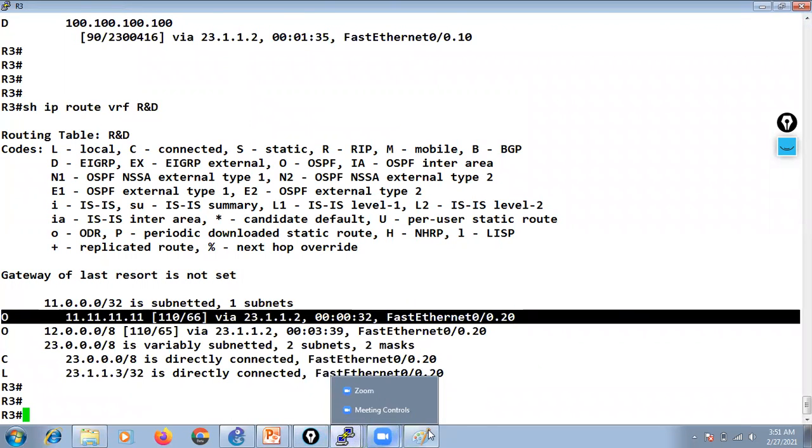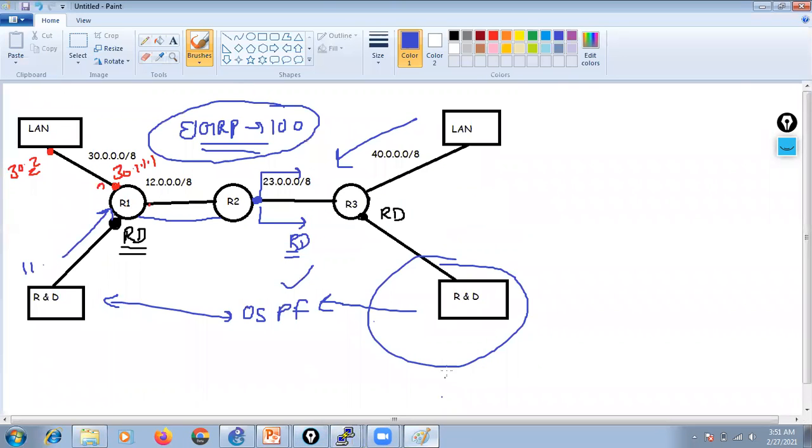So this is how the VRF Lite works, right? But the problem with VRF Lite is that it is not scalable, right? If you have a large network and let's say you have 20-30 routers, you need to configure this VRF end to end, right? Let's say you have more routers here,